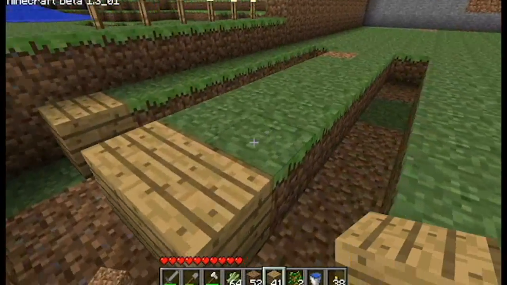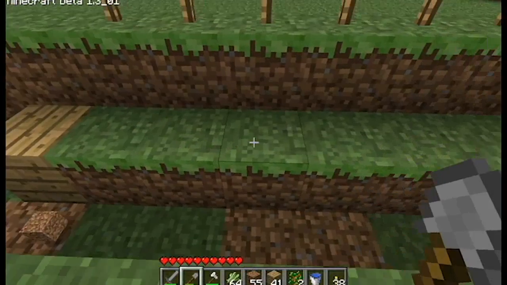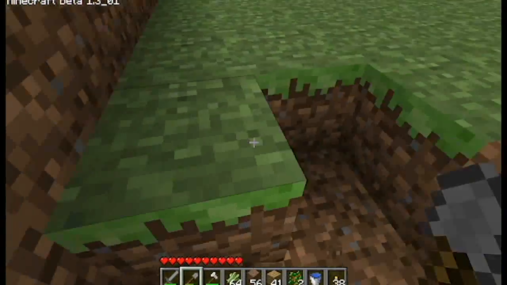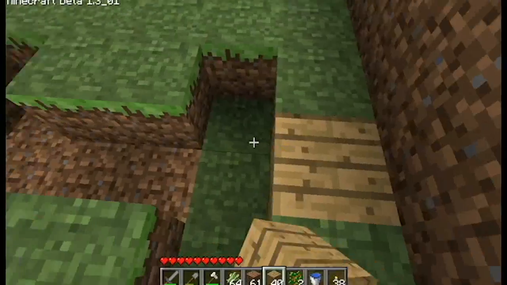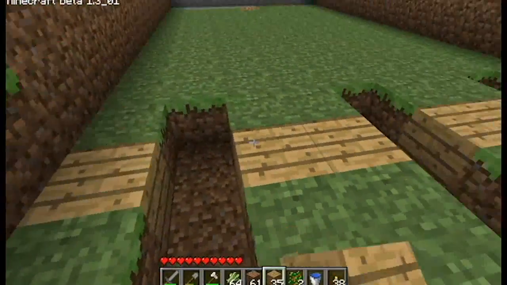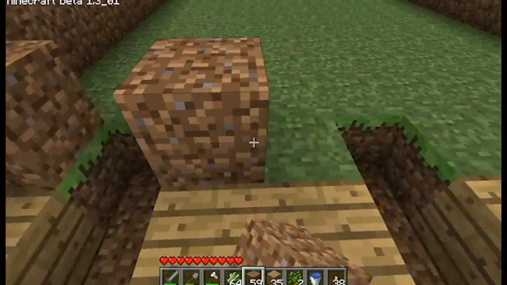Now from these wooden blocks, guys, we're going to count 6 dirt blocks, so 1, 2, 3, 4, 5, 6, and then this 7th block here we're going to dig out on each of these pads and replace it with our block of choice. Now this acts as the last block of the first tier, guys, so from here we're going to go up by 1 level,